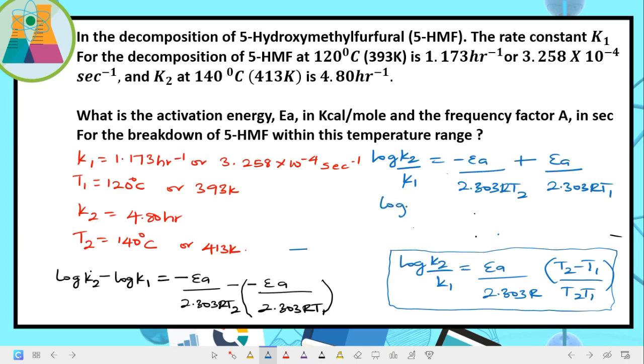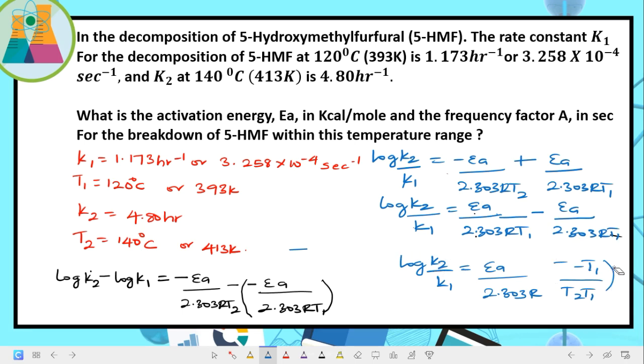So this becomes log K2 all over K1 is equal to, if the positive comes here, EA all over 2.303 R T1, minus EA, because this one is now coming here to give us negative, over 2.303 R T1. Now at this point in time, if you carry EA out, and follow through the procedure again, it's going to give us